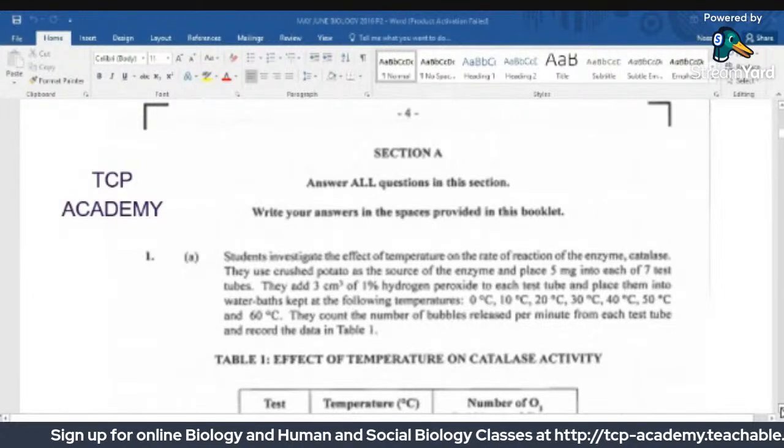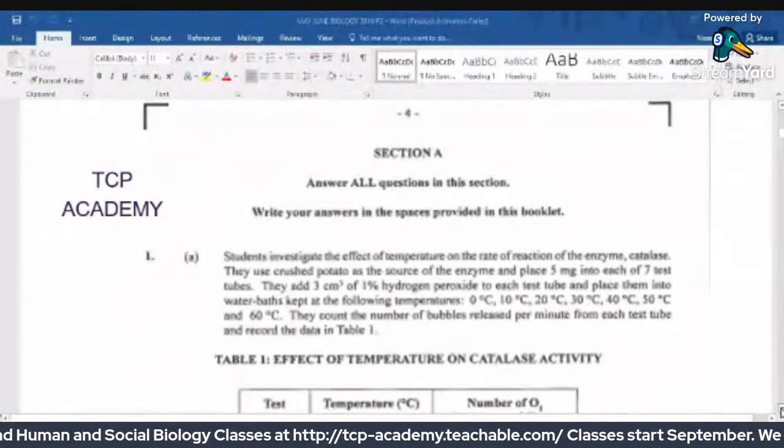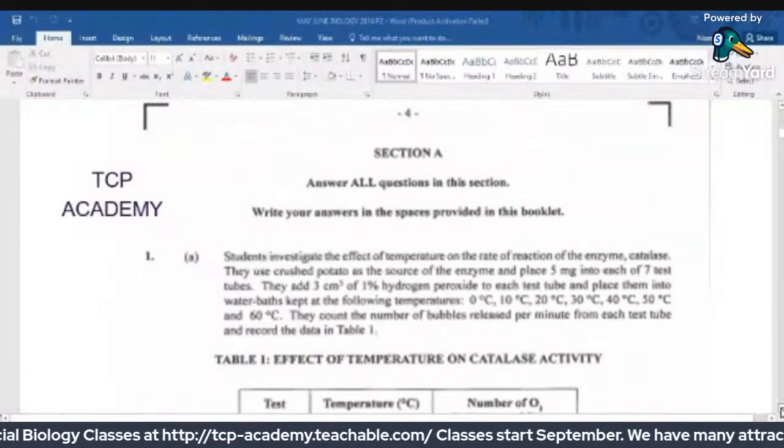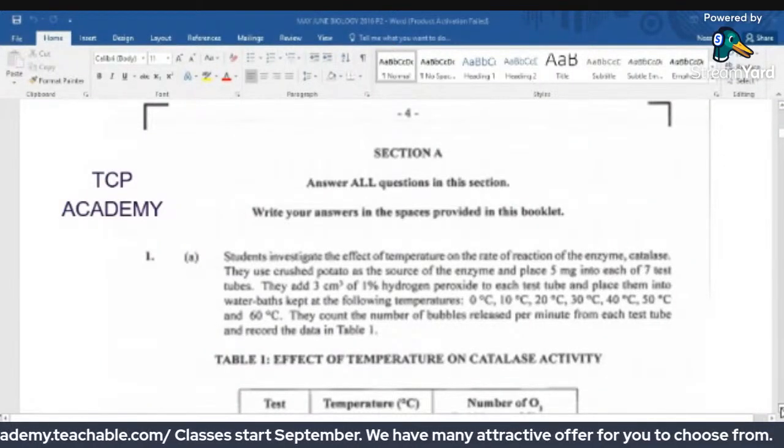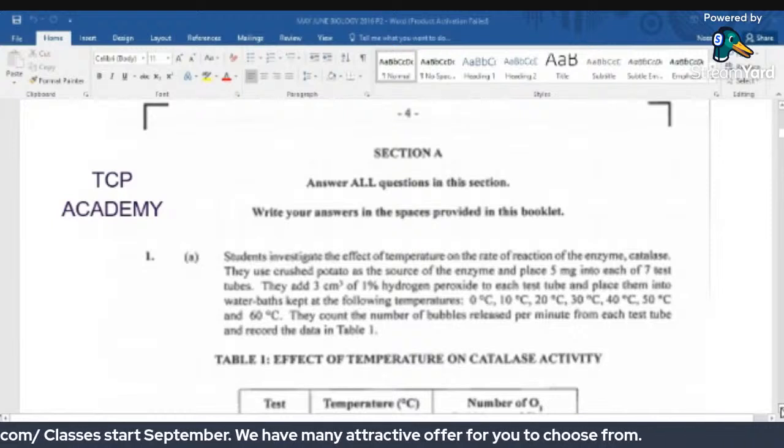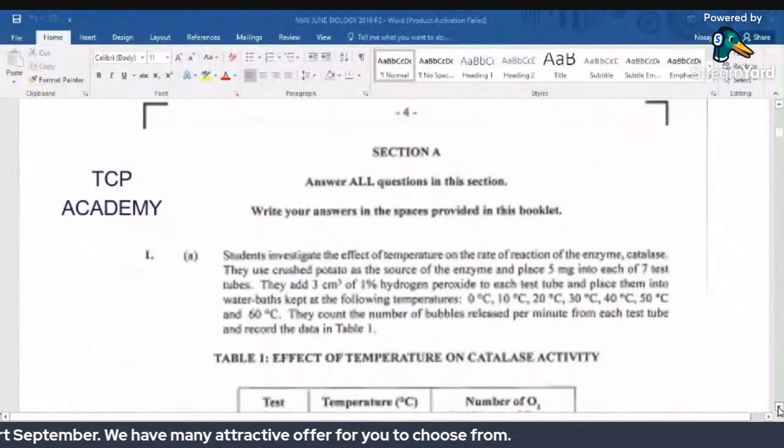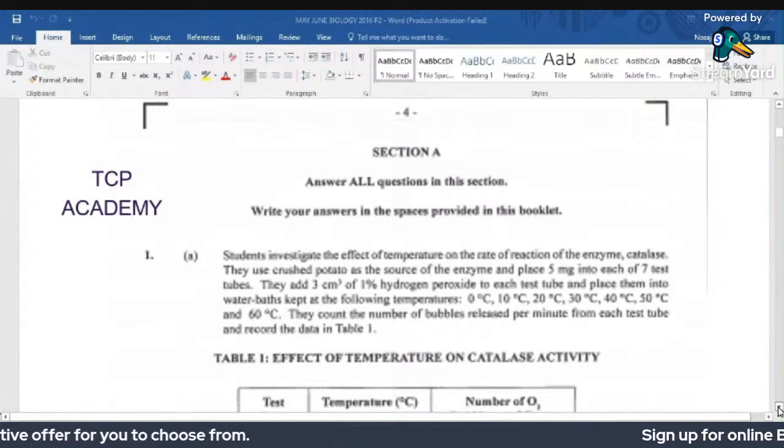They added 3 cubic centimeters of 1% hydrogen peroxide, that is H2O2,